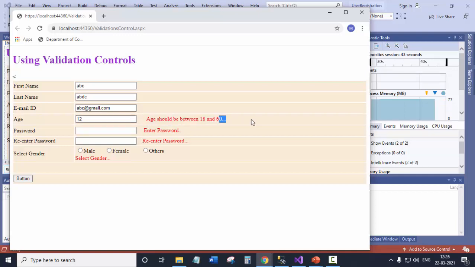Earlier it used to appear here, but now it is appearing here. This is what the dynamic display property does. It changes the error position. Passwords do not match. Again you can see the error position.